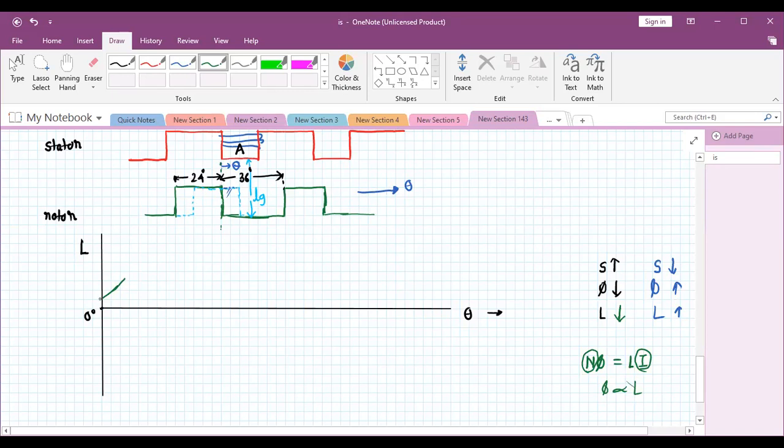Okay, suppose consider that here L minimum is there. And suppose consider that here the L maximum is there. So how much degree is taken to reach from L minimum to L maximum? Think about this. Okay, suppose consider it is L minimum and L is maximum. Yes, Karthik, Derek, how much degree is covered from L minimum to L maximum?